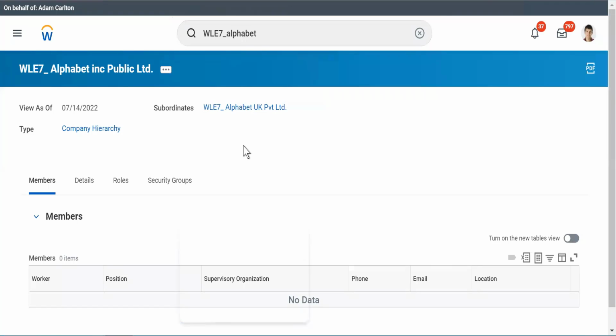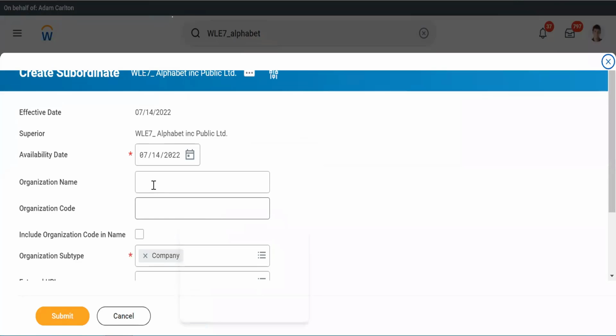Now again, if I start another business in India, I'll have another subordinate created, WLE7 Alphabet India Private Limited. If it starts in Canada, if you're listed in Canada, you can put it like that. So organization name, Alphabet CA.